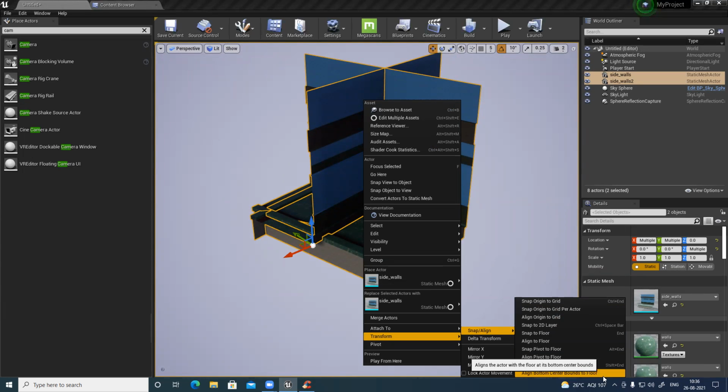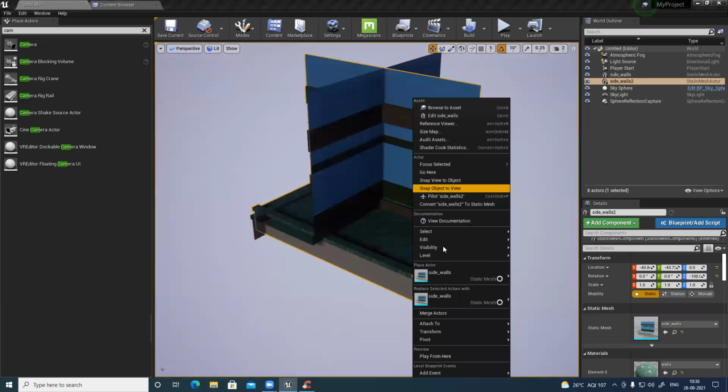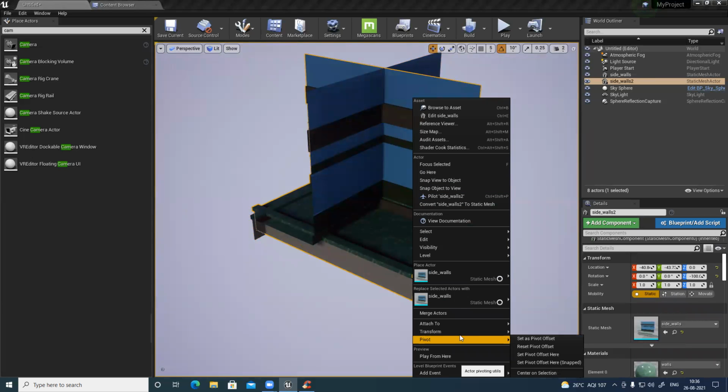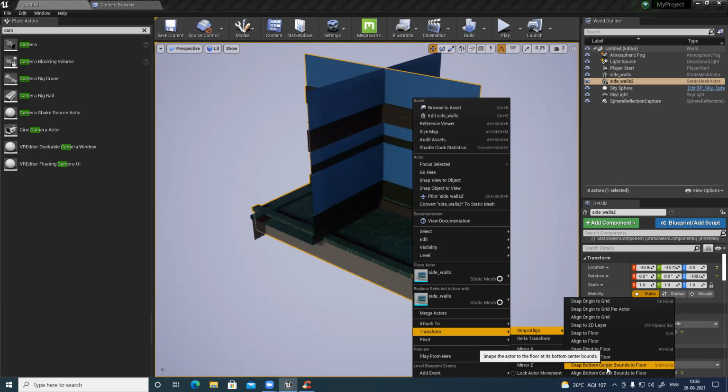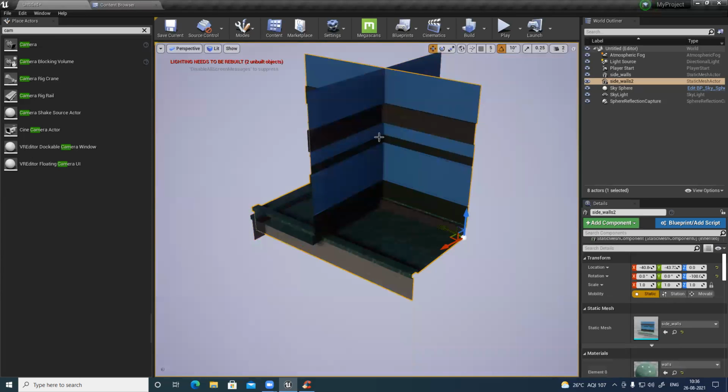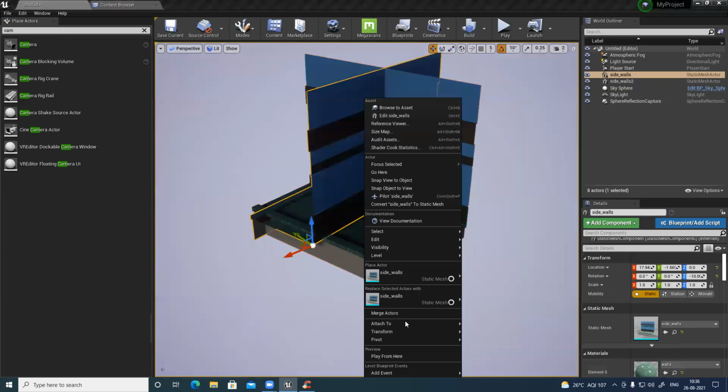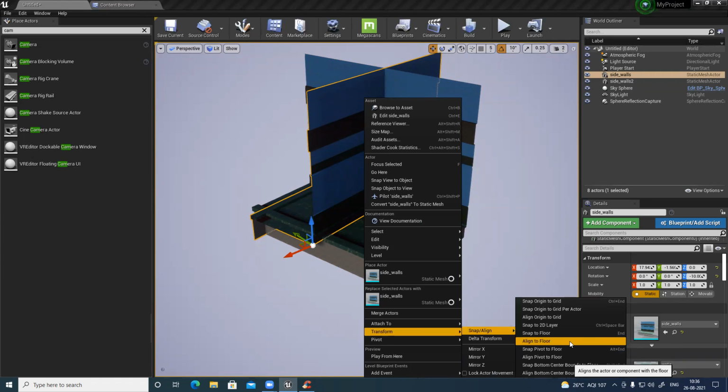Let's see, bottom center of the floor, center of this thing. This is something align pivot also for the floor. All this thing we can definitely do. Transform, snap, same only actually, these two. Because it's already in center. Floor, it's already on 0.